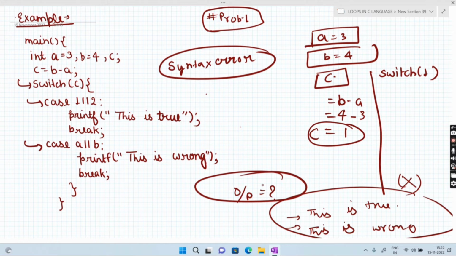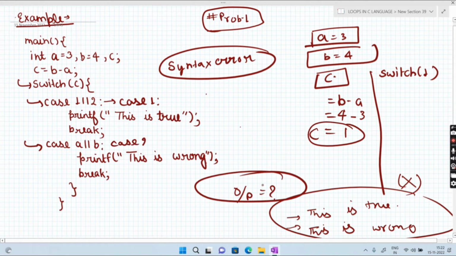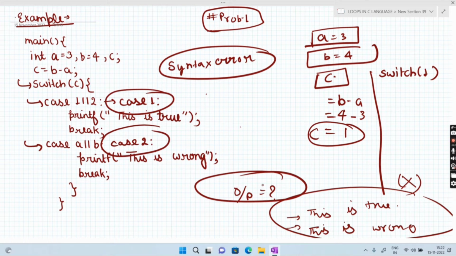If you want to use it, either write it as case 1, or declare it as case 2. You can declare it in this manner, not in that manner. Variable expressions are not allowed in the C programming language in switch case.